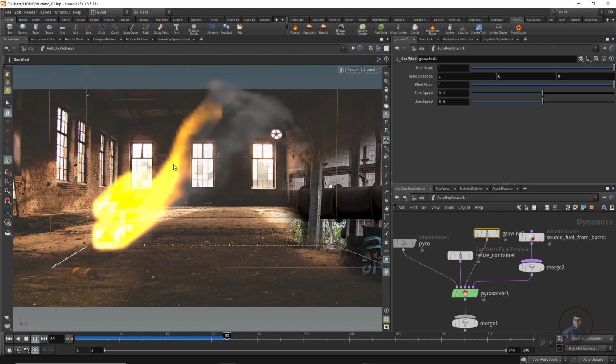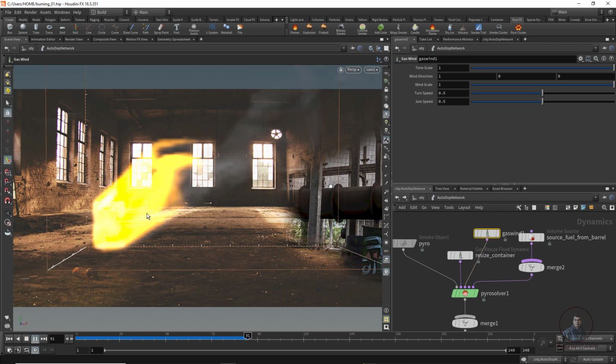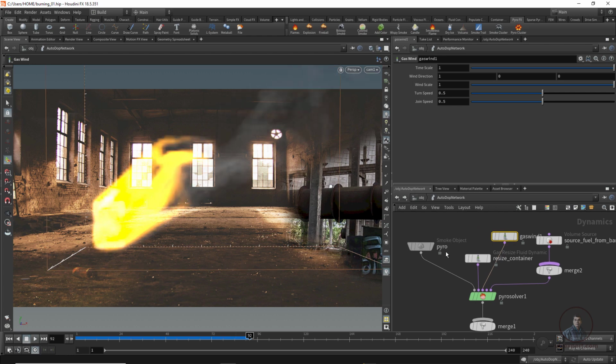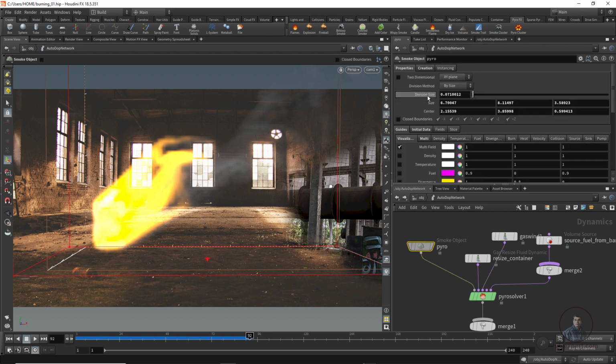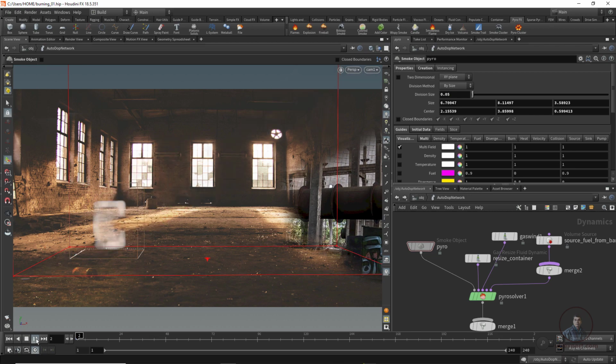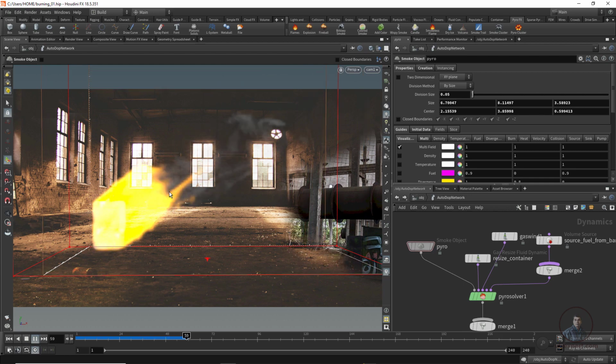So a little bit we have to adjust this fire quality, all these things here. For this, select our pyro FX, this one, and from here in division you can adjust it. Okay, 0.07. Below this we have to type 0.5. Remember this one: if you decrease this, it will take too much time to render. So now 0.5. Now again we have to cache it here. So now you can see, it will take a little bit of time here.